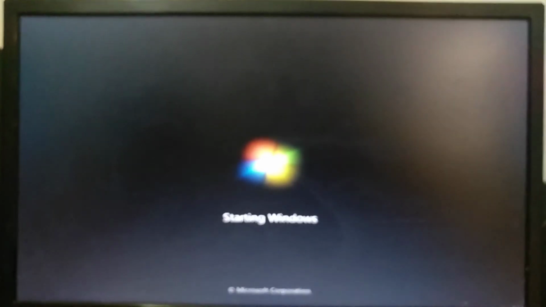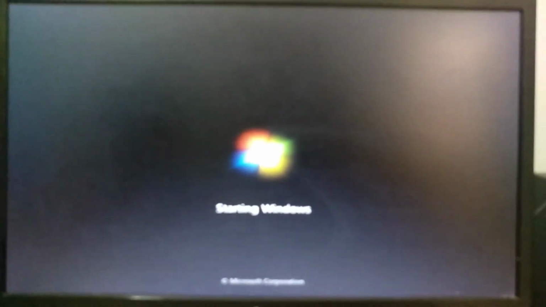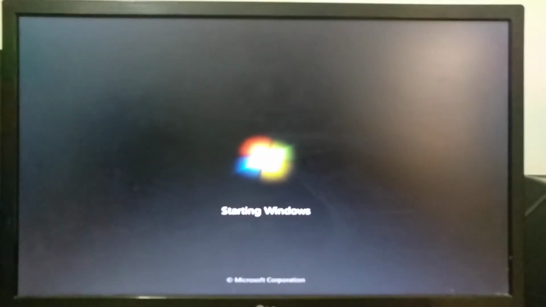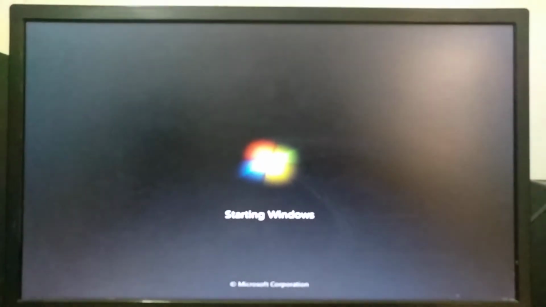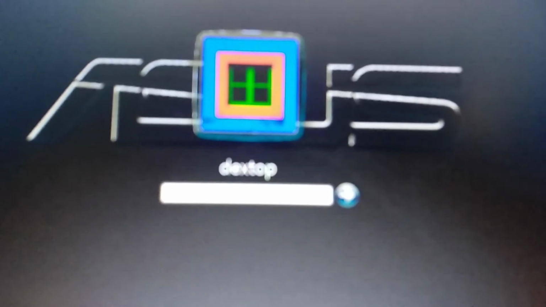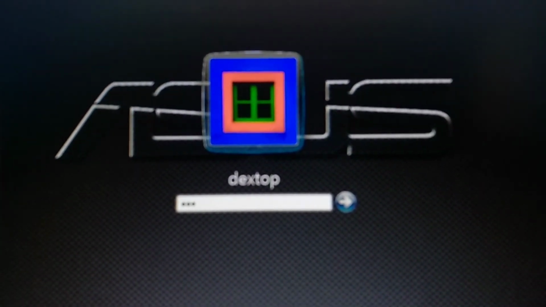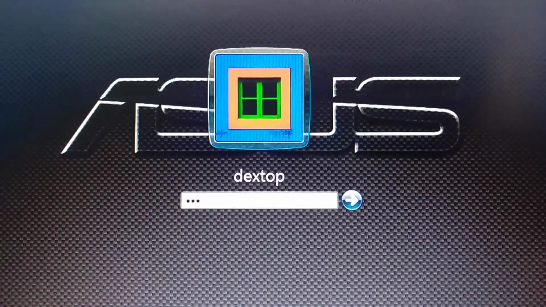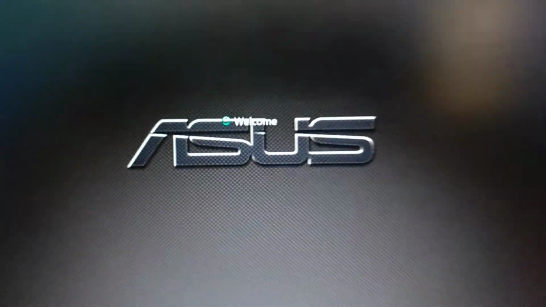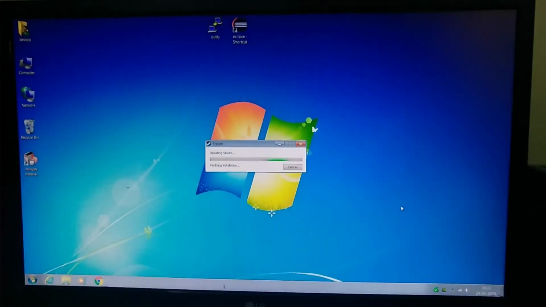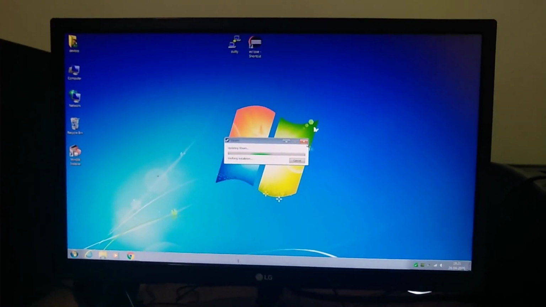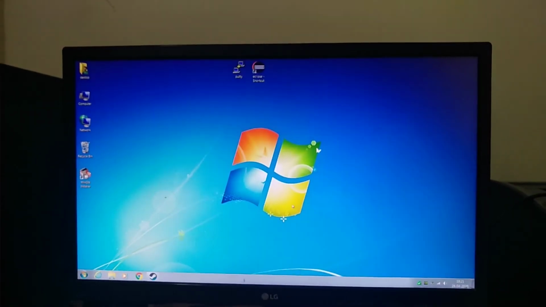I think there should be no problem. Let's wait. Yes, it's running fine. Give your password and run. This is how you can use both. You can use your Ubuntu, you can use your Windows. Some systems need Windows, some software needs Ubuntu, so that's based on you. Thank you.